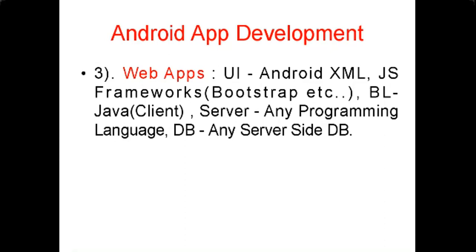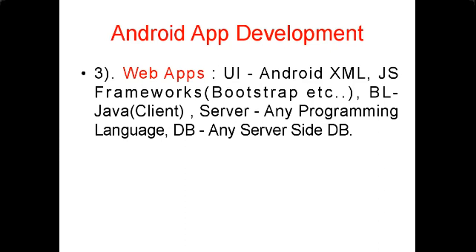And BL means again business logic in web apps. Here there is no direct data transfer from server to client. Only the server data is shown in the form of a web page on the client. And the client in the case of web apps is a simple Android control called WebView. Inside this WebView, so many server pages, HTML pages, will be loaded and shown to you. And you can interact with the server.